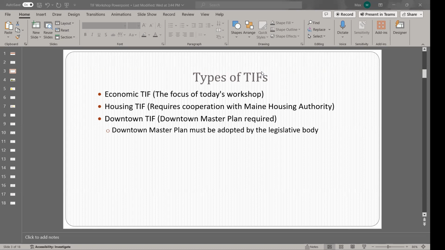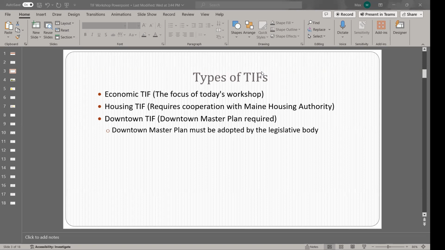That was the shift. Okay, and this is why I strongly encourage that if you are looking into a TIF, you talk with your tax assessor's agent. Thank goodness Jim is here tonight to speak on that end of it, because we all might be great at math, but in the end, the tax assessor's agent is the one who ends up sending out those values and can really get a better estimate for how much we're looking at.